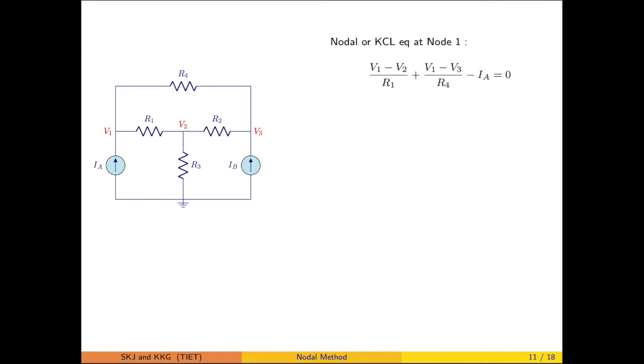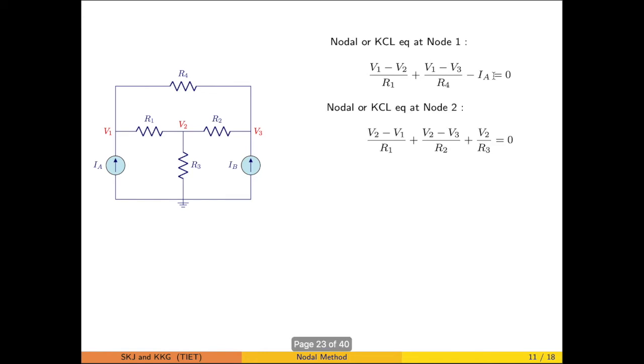Now corresponding to V1, you are simply following the outward current as positive nomenclature. So here say the current is V1 minus V2 upon R1, so that particular is constituting the first term. V1 minus V3 upon R4, so that is the second term. Here say the current is injected into the node, so that particular is participating with the negative sign.